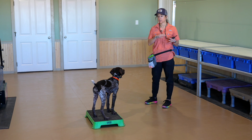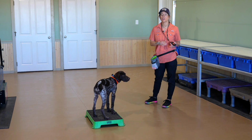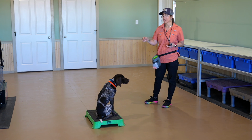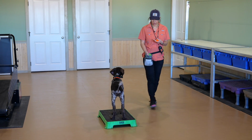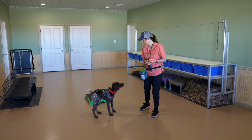Typically, once he understands how to shut the collar off by going here, and we've already collar conditioned another behavior, this goes a lot faster. The understanding and the learning process in their brains figure this out easier and easier. So let me get my little clicker out and my treats, and he's doing a great job being on his Cato board. Okay, kennel,